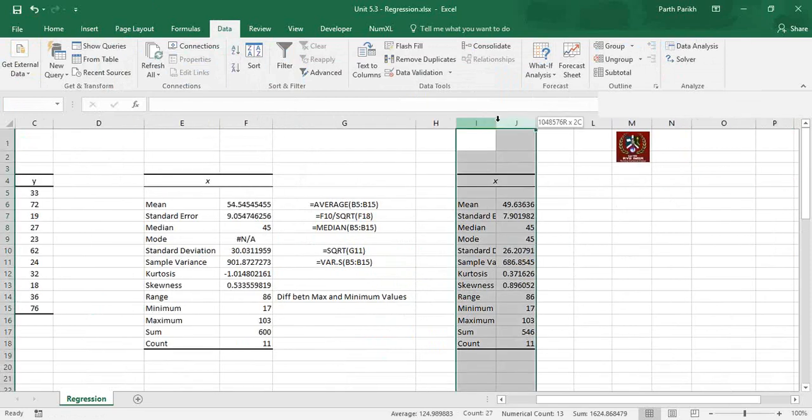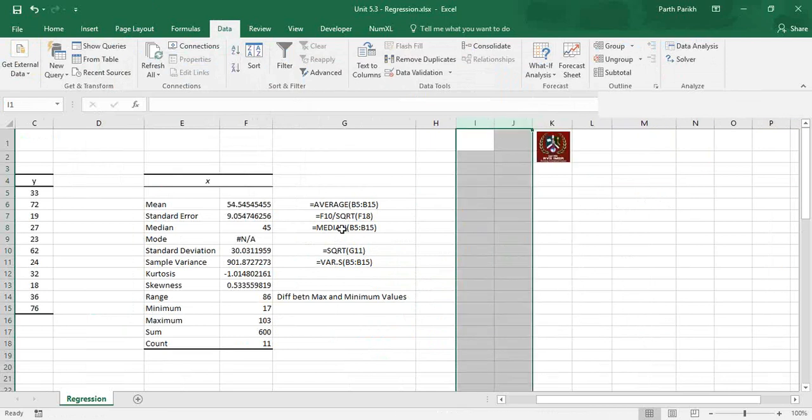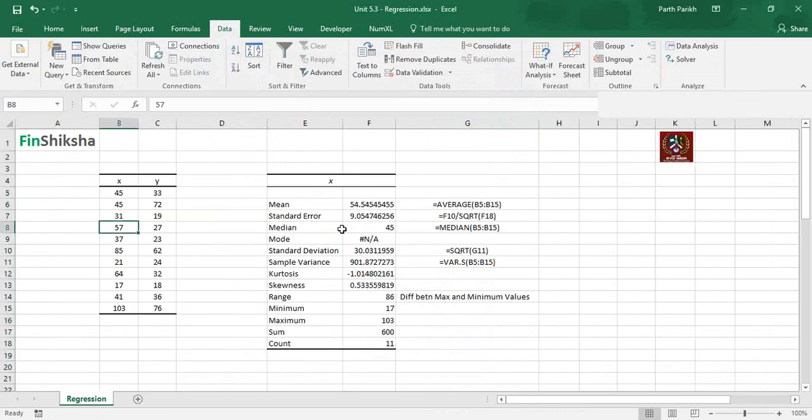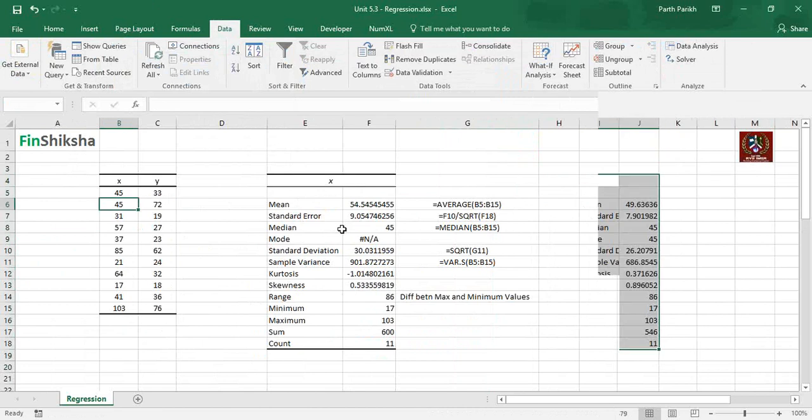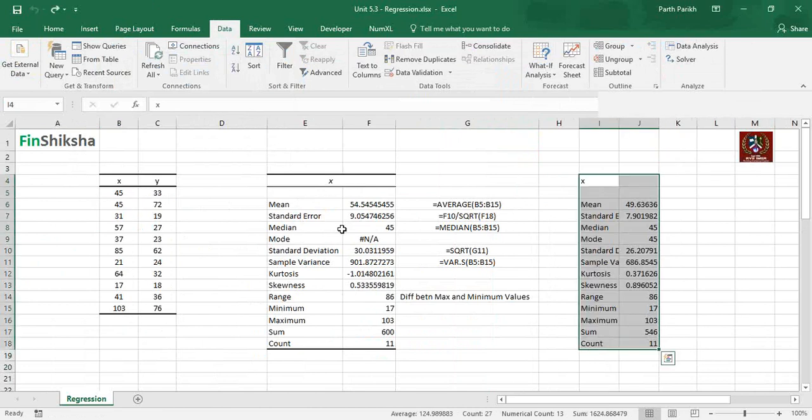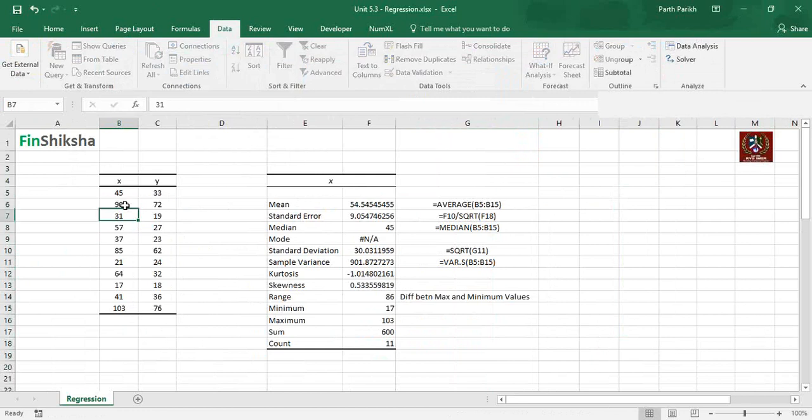So mode basically means how many times values are repeated. Initially, no values were repeated. Initially it was 90, and no values were repeated, so that's why there was no mode. When there is no mode, there is no repetition of values, and the series has no mode. When there is only one mode, which in the later case was 45, it is called unimodal.